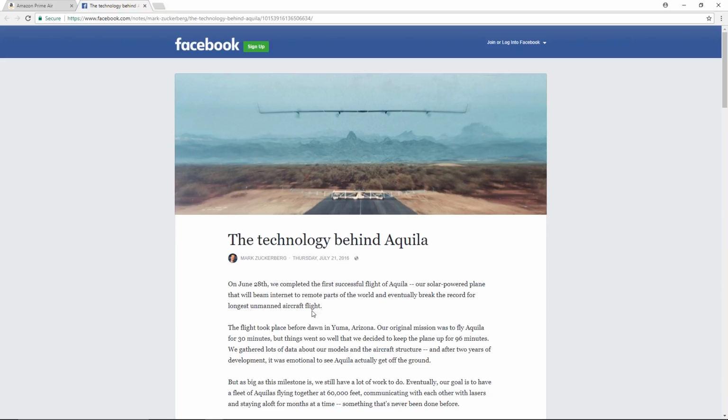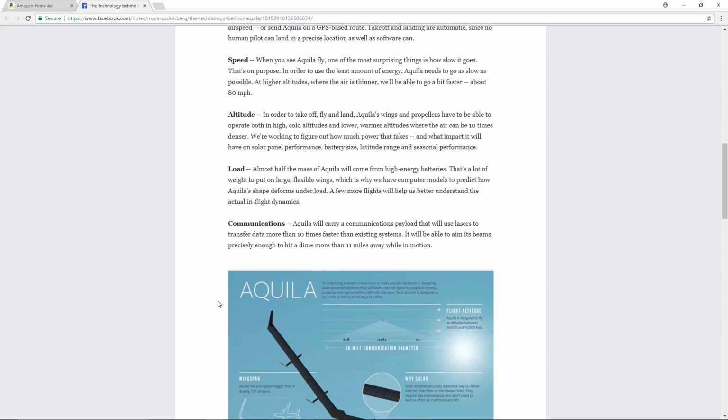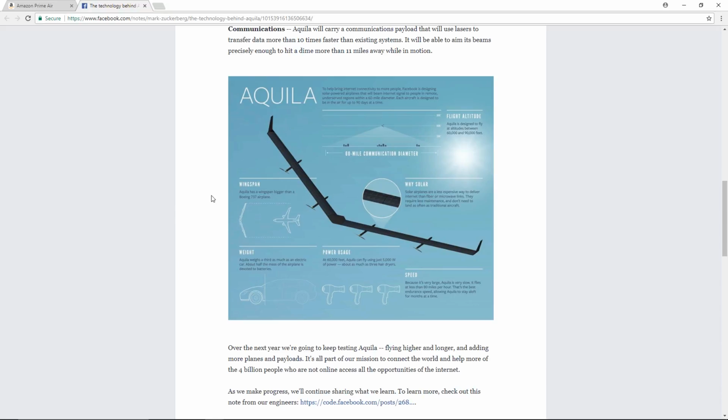They're unmanned aircraft. And if we scroll down, communications: Facebook's technology will carry a communications payload that will use lasers to transfer data more than 10 times faster than existing systems. It will be able to aim its beams precisely enough to hit a dime more than 11 miles away while in motion. We should be working with Facebook or other technology companies that have this technology so we could connect